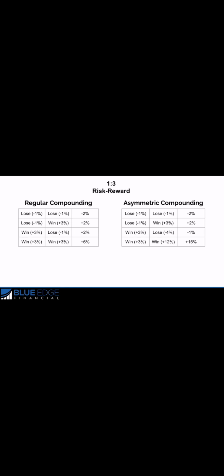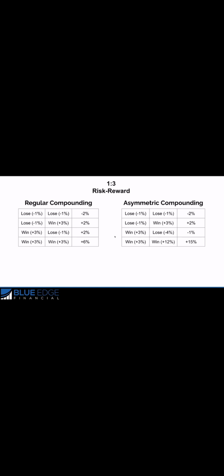But then if you go win-win, guys, this is where it makes the big difference. You would make 3%. You would risk that 3 plus the 1 on the next one. So you're risking 4% to make 12%. So between those 2 trades, you would make 15%. So you can see here the reason that it really gives you an edge and is really a good way